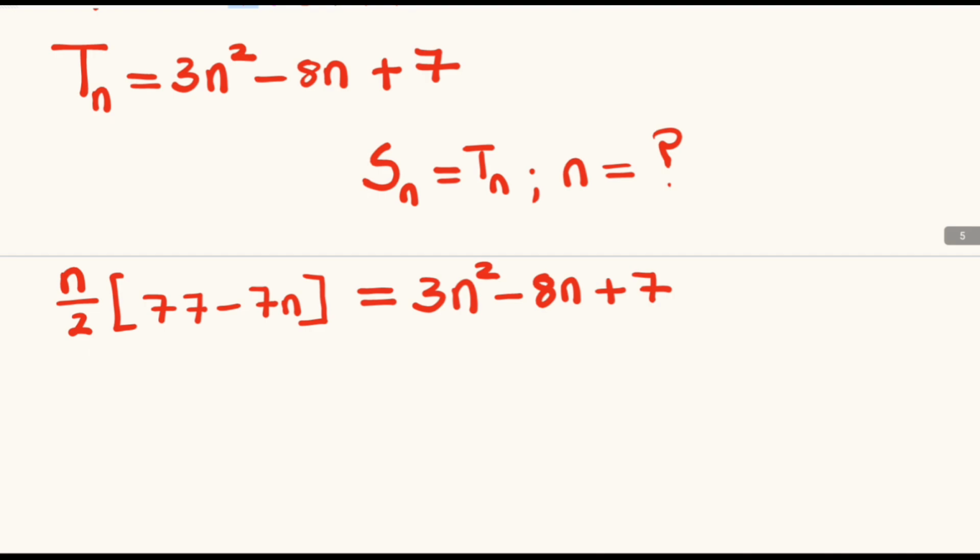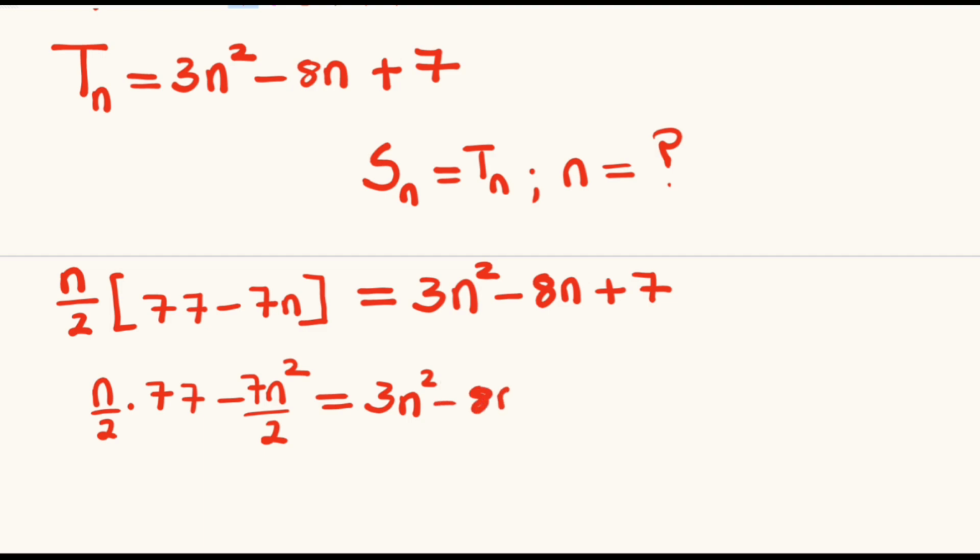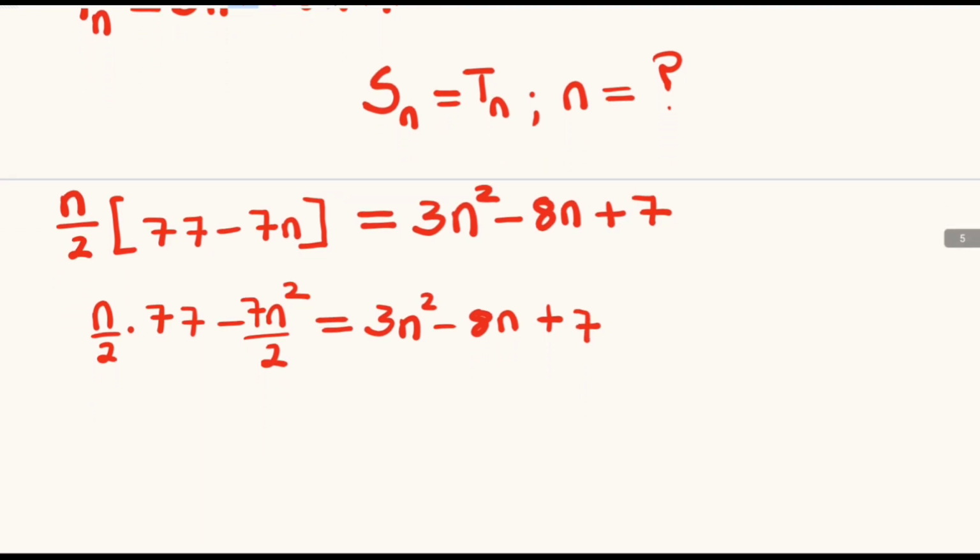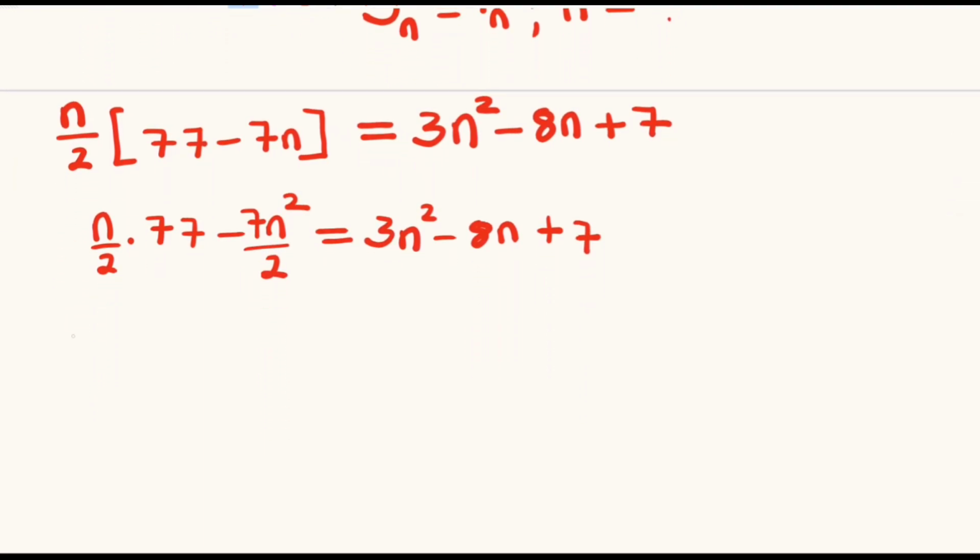We distribute the n over 2 inside the parentheses, and we have n divided by 2 multiplied by 77, and the n multiplied by the n will be n squared, and we still have the 7 divided by 2, and this is equal to the right hand side 3n squared minus 8n plus 7. We take the items on the left to the right, so 0 will be equal to